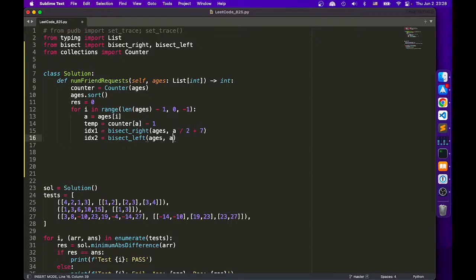So the total count should be index 2 minus index 1 plus 1. Right? But there is an issue with bisect left, because bisect left and then bisect right, then that's 1, right? But if it filled the entire thing, then bisect left,